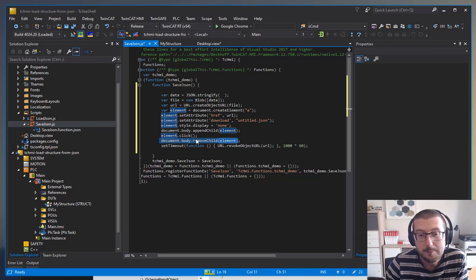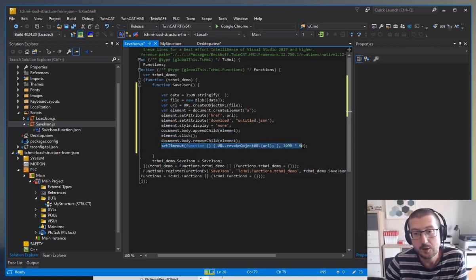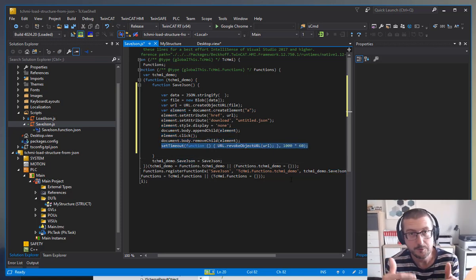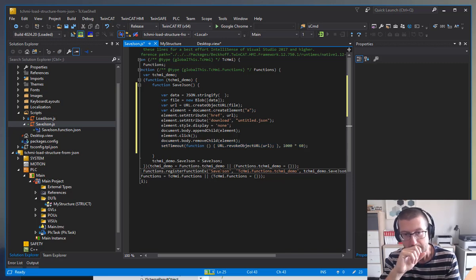That's it. The other thing as well that I do is set a timeout. So we just say, yep, over a certain period of time, just remove that URL. You might need to make this a little bit bigger if it's a big JSON file that you've downloaded. But if you think, you're going from your client, the browser itself, to your hard drive, it happens really fast. You're not using the network at this point because you've magicked up a file to download locally. So again, we just revoke that URL after a while, and it keeps things nice and tidy. Okay, so that's